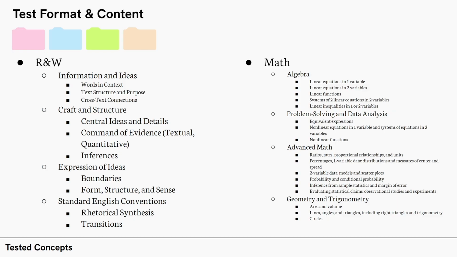Alright, so here's all the concepts that are tested on the SAT. Now I'm not going to go over all of these, but there's 4 main topics per subject. So English has 4 main topics, while math has 4 main topics. And under these main topics, there's more subtopics. Basically, every single question on the SAT falls under one of these subtopics. And so you're going to be tested on all these concepts, and you can expect any of these to show up on your test.